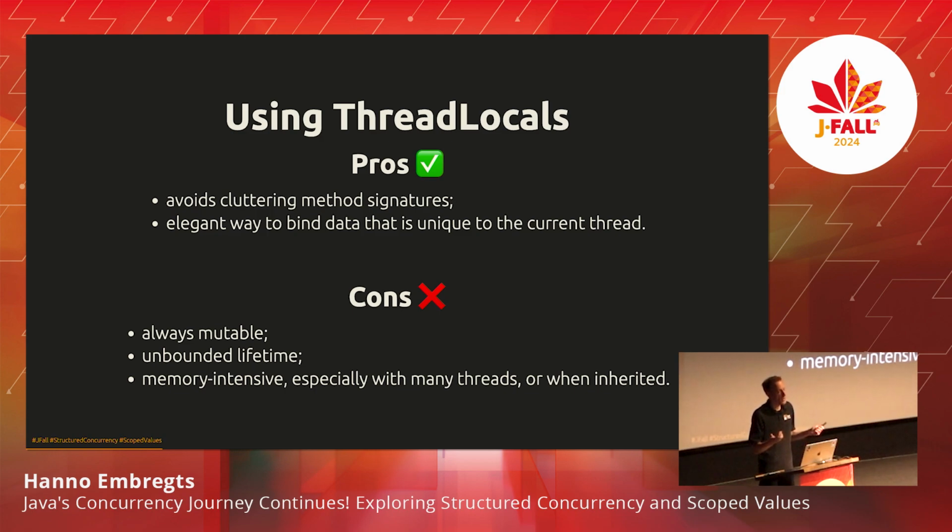But if you are using thread pools, for example, which a lot of people did and probably still do, if they haven't switched to virtual threads yet, well then, these thread locals could be in memory for a very long time. And also, if the created threads spawn child threads again, then it can be memory intensive because the thread local values have to be copied to the child thread. There's no way for classic threads to refer to the parent thread memory location. So you're having some redundant storage there of thread locals. So those are the drawbacks. And of course, we'll get into this when we talk about the new features.